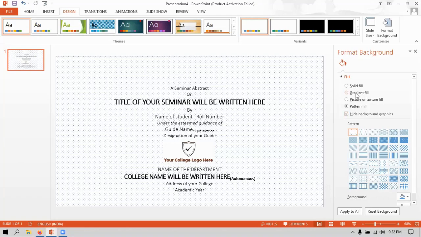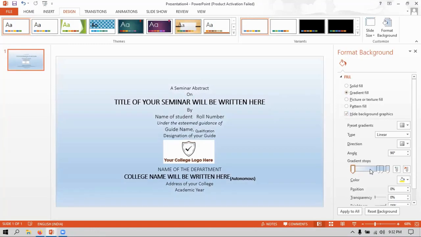Anyhow, I will take the gradient fill and I can adjust based on my requirement. Likewise, you can adjust based on your requirement and you can create a design for the cover page.